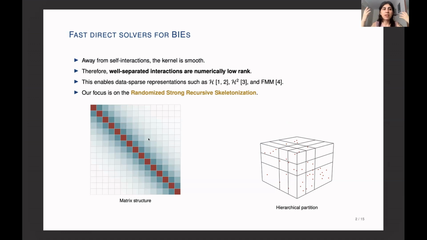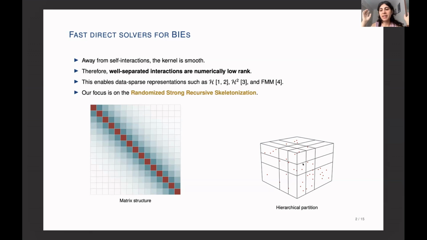So in practice, you shouldn't be using any direct solvers because it would take you way too long. But since you have a certain structure to your matrix that's tied to the geometry, you can definitely find data sparse representations for these matrices. And there is a very extensive literature on these different data sparse representations. And the one that we will be working on is the randomized strong recursive skeletonization. And for you to have in mind,